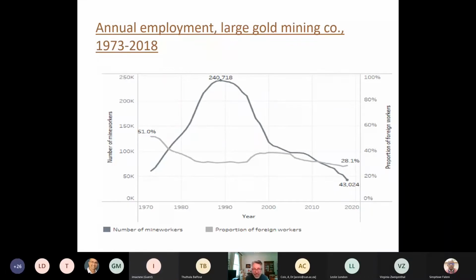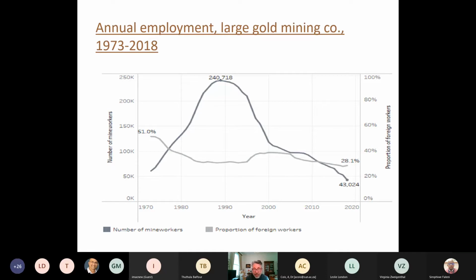Between 1970 and 1990, and this is important, there was a massive intake of novices, new miners, into this particular gold mining company. And this is the same picture for the industry as a whole, from about 60,000 to 250,000 novices. But in fact, it was 500,000 men working on the gold mine, other people who were returning in 1990. Since then, there's been an almost symmetrical decline in the size of the industry.